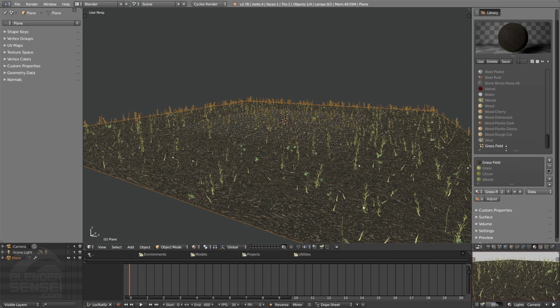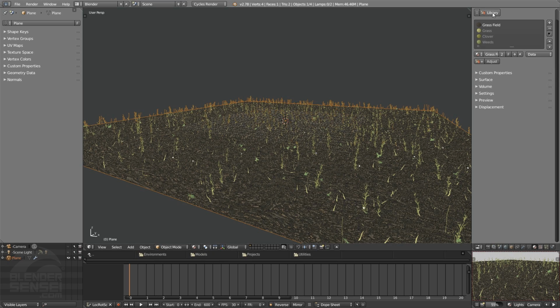So notice that the material itself takes on the appearance of the first material that was in the slots. So in the case of this being a grass field, it's not super representative that it looks like dirt. However, we do immediately get the little particle sign so we know what's going on here. So now if I were to close this library